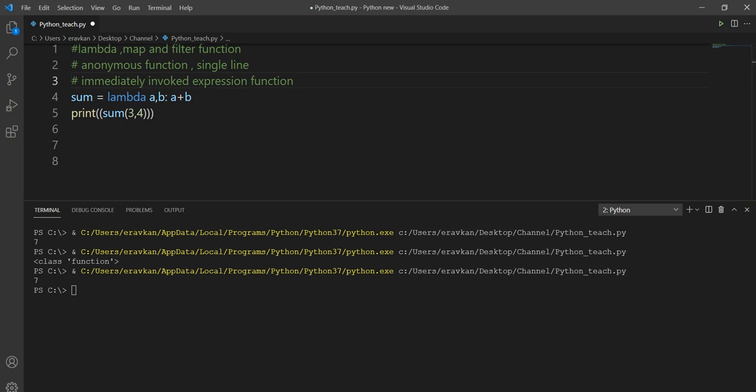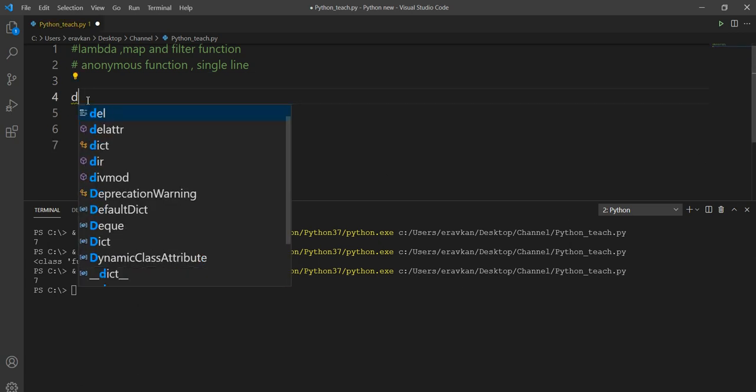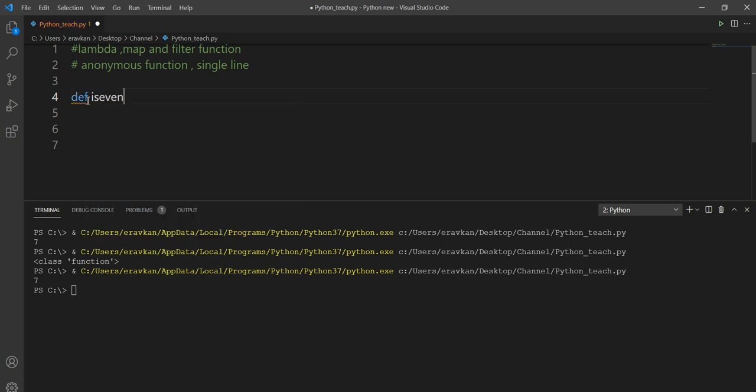Okay, let me give you more examples of lambda, then things will be more clear. Suppose I have a function. We define is_even, a function that will take argument num as input.